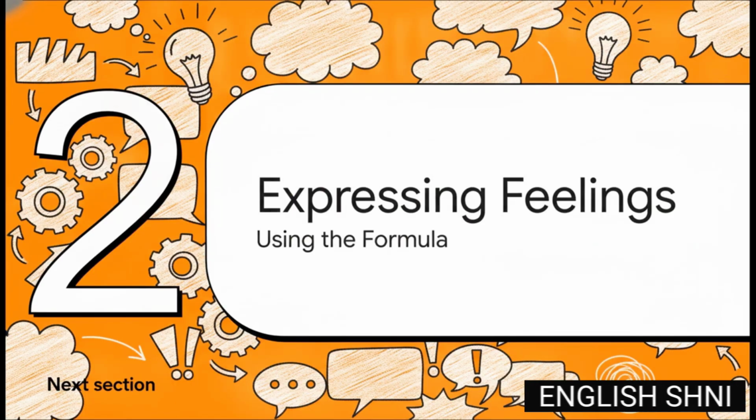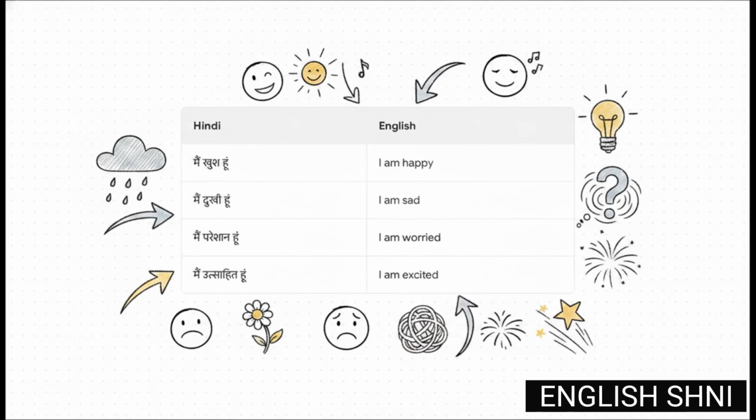Next up, section expressing feelings and actions. So let's expand that vocabulary. Whether you're feeling on top of the world or maybe a bit stressed out, the grammar doesn't budge one bit. You want to express joy? I am happy. Feeling a bit down or anxious? It's simply, I am sad or I am worried. Got some really good news? I am excited. Notice how that I am framework stays statically easy? It doesn't change at all. You've literally just learned how to express completely different emotions without changing your grammatical structure one single bit.